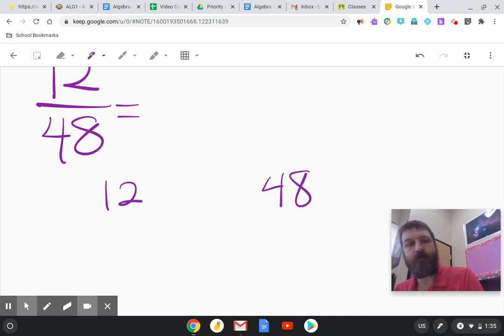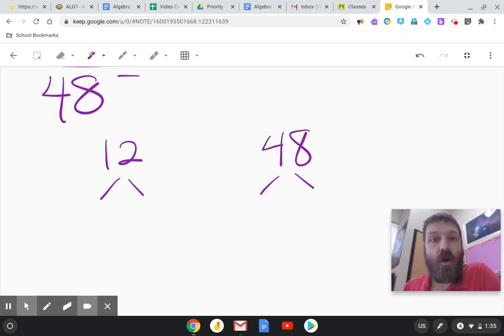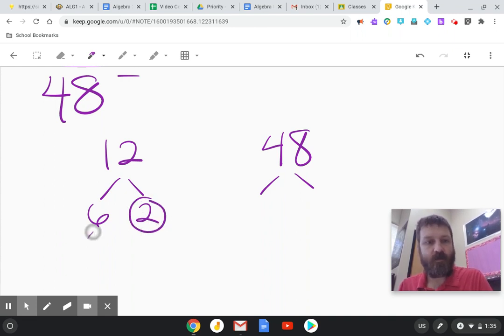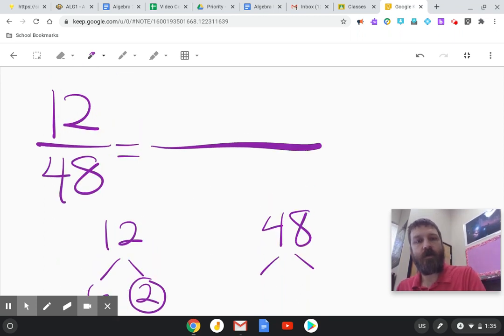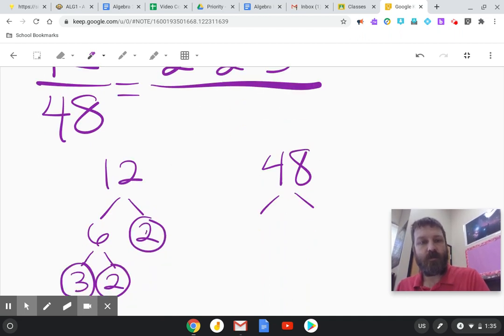prime factors of 48. If you remember, prime factors is where you break things down until they're all prime numbers. And when you say break down, I mean find numbers that multiply to make it, and then keep doing that until the numbers you have are all prime numbers. So 12, for instance, can be 6 times 2. 2 is prime, so we'll go ahead and circle that. 6 can be broken down or divided to make 3 and 2, and those are both prime. So then for 12, I would put 2 times 2 times 3, because